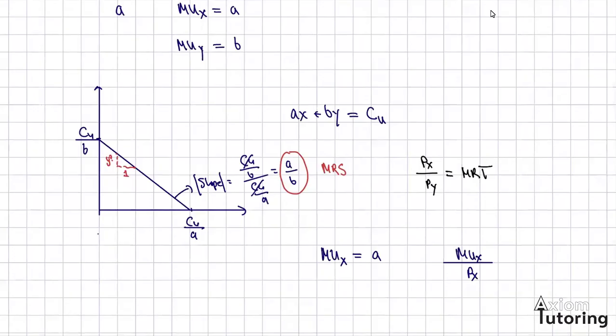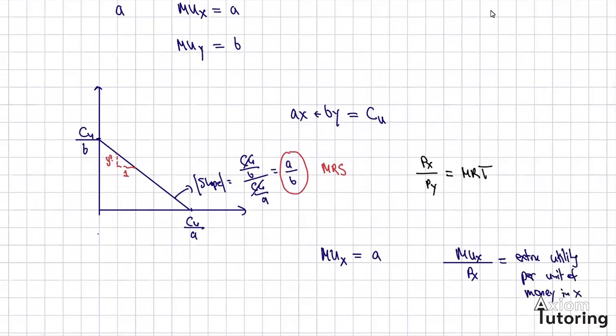So how do we interpret fractions? It is the utility per unit of the denominator. So per unit of money in this case. So this is the amount of extra utility you get per unit of money